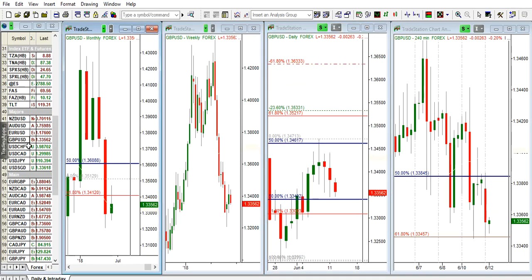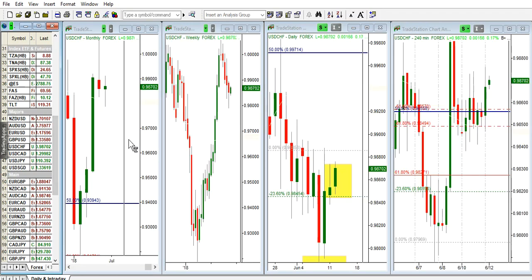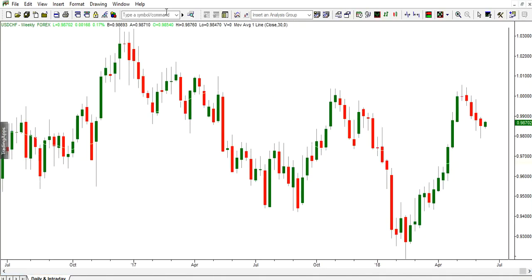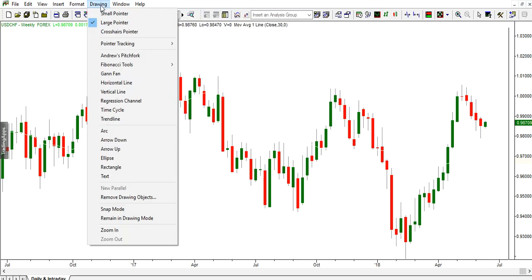Now, with all this news that we have, I wouldn't trust these levels this week, because the market might become very, very volatile here. All right. So next is the US dollar Swiss franc, and when we look at this weekly time frame here, you will remember that this market had a sequence of measured moves. The last one